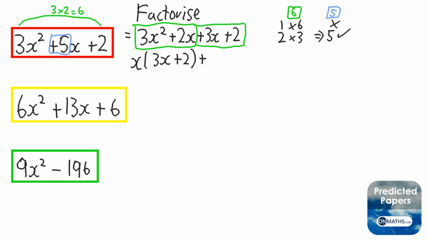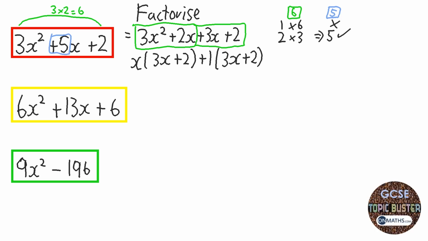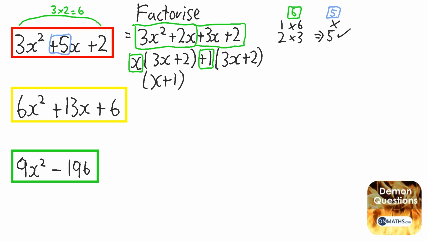So what I'm going to do is I'm going to divide out 1. Okay, if you can't find anything to divide out, pick 1. So we're going to have 3x plus 2. Now it looks like there's no point in that bracket, but because the next step is about putting them together, and I'm going to be looking at this bit here and this bit here, I'm going to put them together and make a bracket. So x plus 1, and then the repeated bracket goes second, so 3x plus 2,